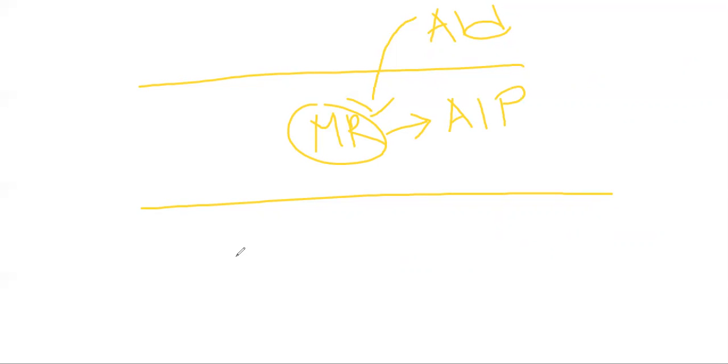When secreted in the distal part of the nephron principal cell, it will immediately cross through the cell membrane as it is lipid soluble, and it will enter into the cell and react with the mineralocorticoid receptor, and ultimately will produce what? Aldosterone induced protein, AIP. This aldosterone induced protein eventually will produce a few pumps.